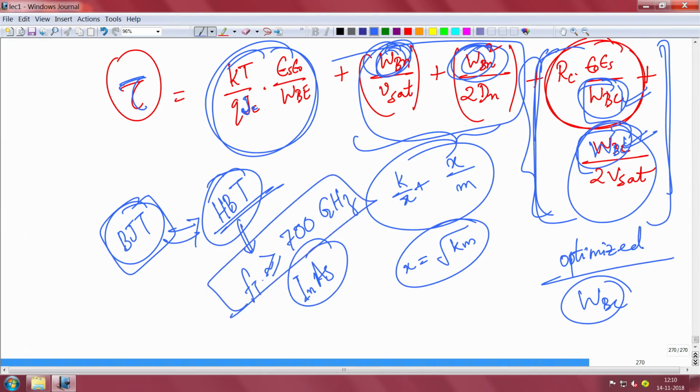Okay, so there are devices that can actually almost go to 700 or even more than that gigahertz, but again you do not operate the device at 700 gigahertz. It means that the maximum frequency you can go is 700 gigahertz. Okay, so that brings us to the conclusion of this lecture, and with that we basically finish up the BJT. So, the topic of BJT with the important parts that we had to discuss are now over.